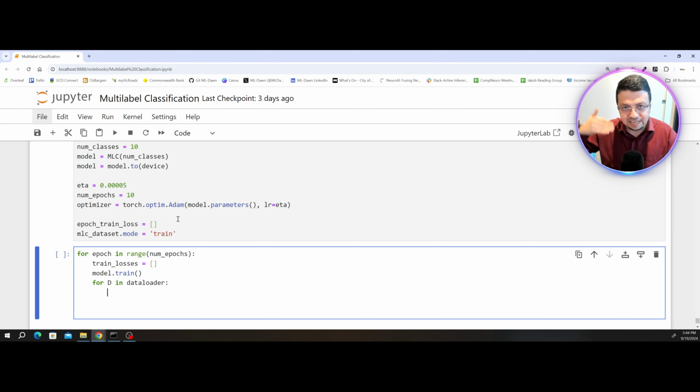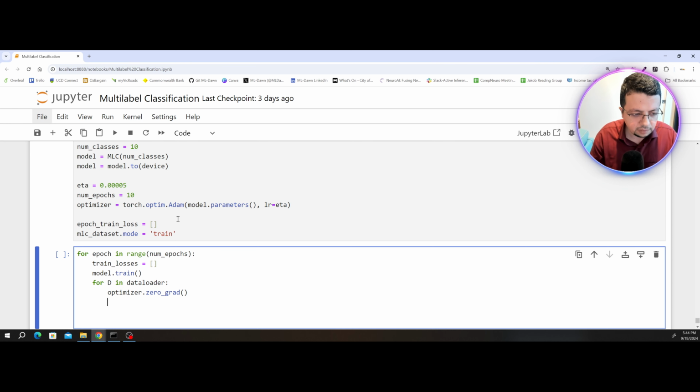But before visiting the next data point, you want to make sure that you clear everything, start off with a clean slate before the next data point comes in, just to make sure the gradients will not be overwritten or will not be added on top of each other, because that could make an entire mess. So you would see this line a lot in PyTorch, that you would always say optimizer zero grad before visiting